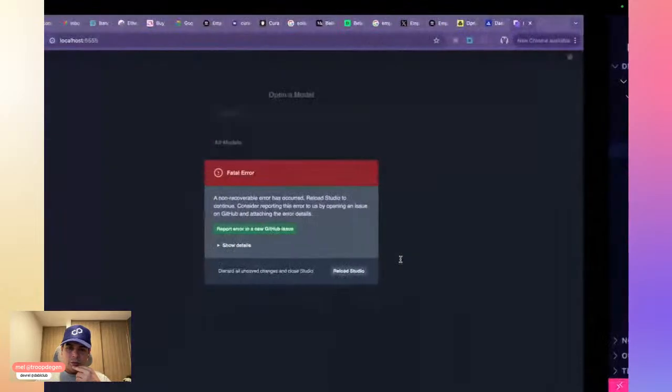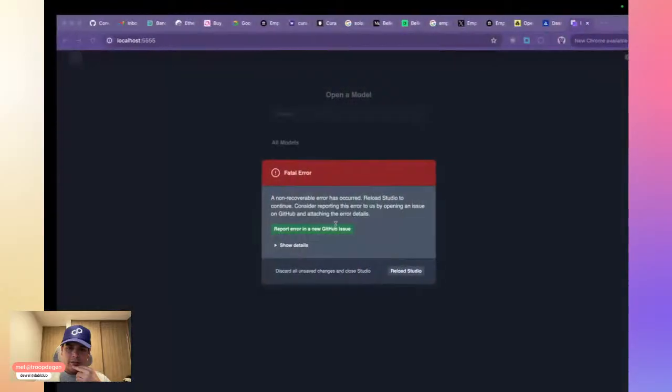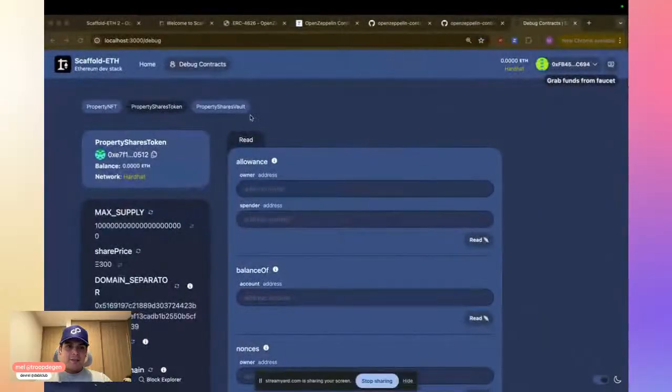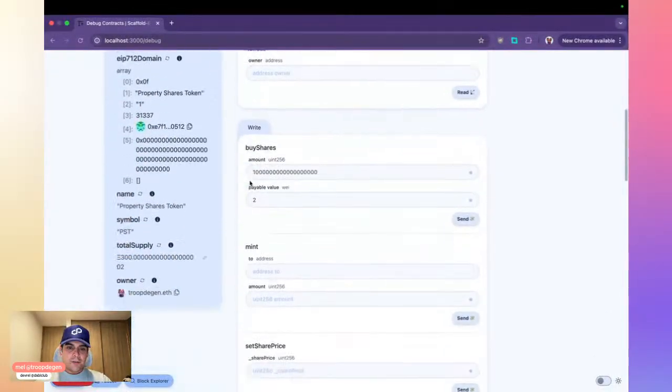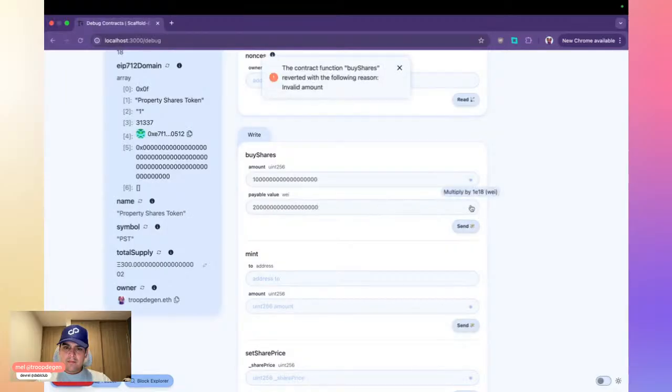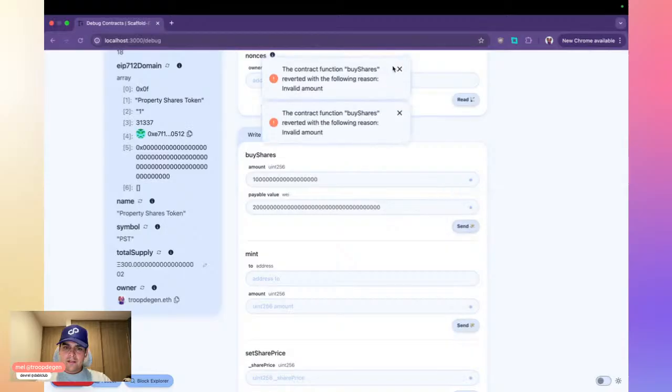The share price is 1, as this decimal thing always gives me trouble. So this is insane.